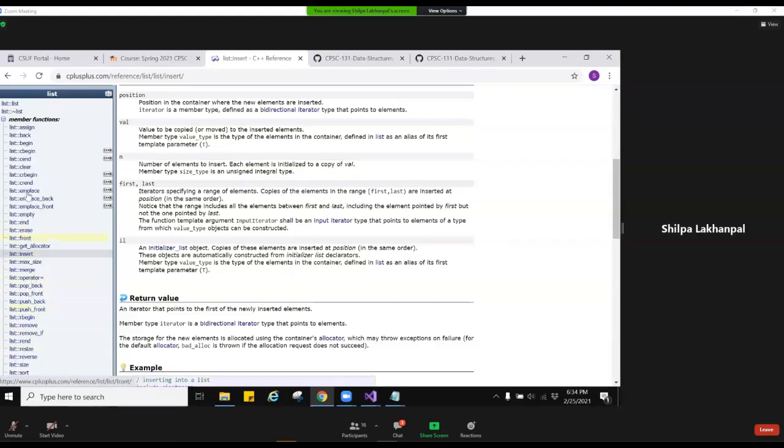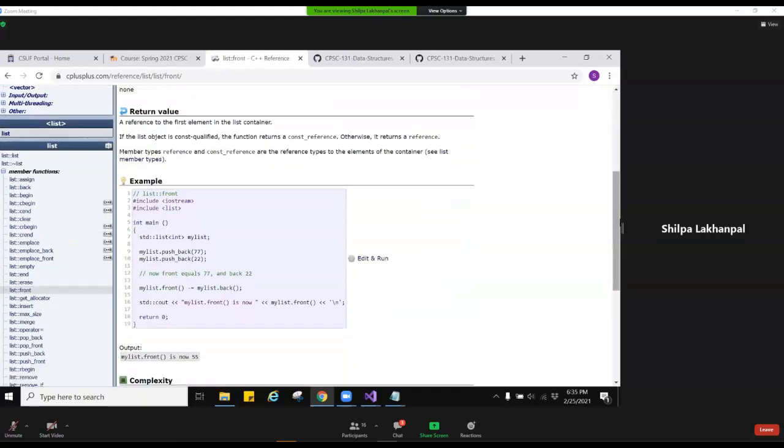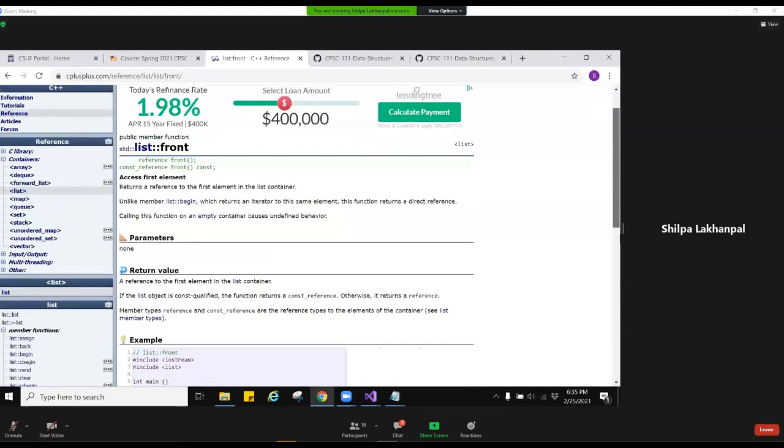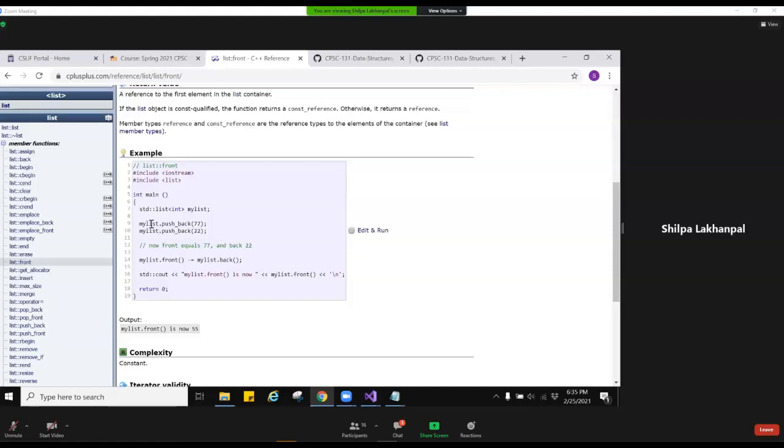This is just a front function, which just fetches the element at the very first node of the list. So you can see some functions, the descriptions are there, what they do, and the best way to learn about them is through the program.